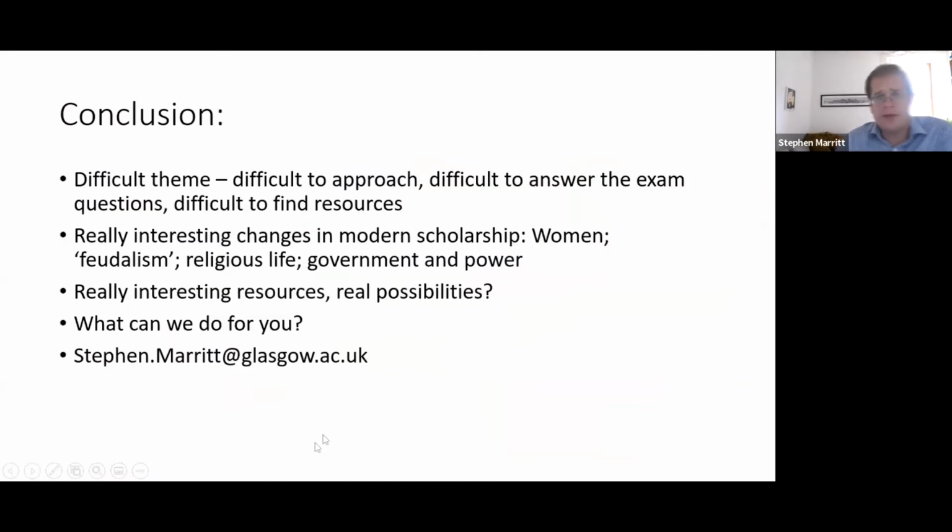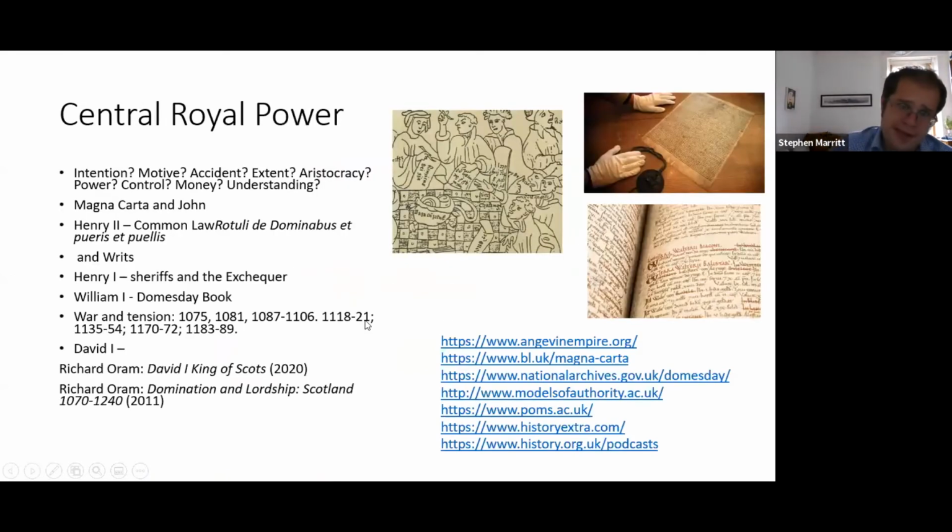So what I thought I'd do, I know I'm going to run out of time in a minute, I thought I'd take one example of the spec and approach it from how modern historians would approach it. One of the themes of the Higher program is the growth of central government in the 12th century. And this is also a theme of modern scholarship, has been forever.